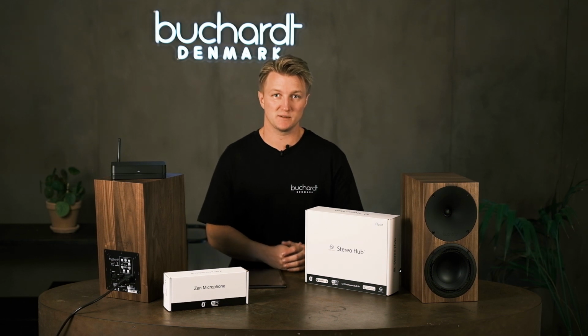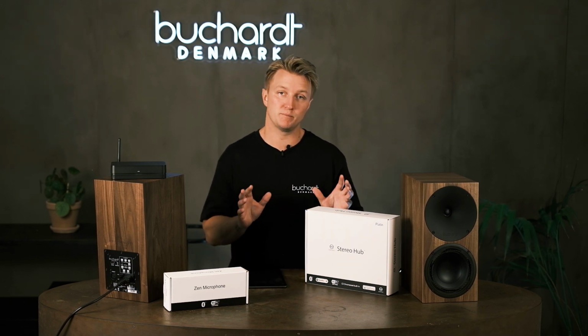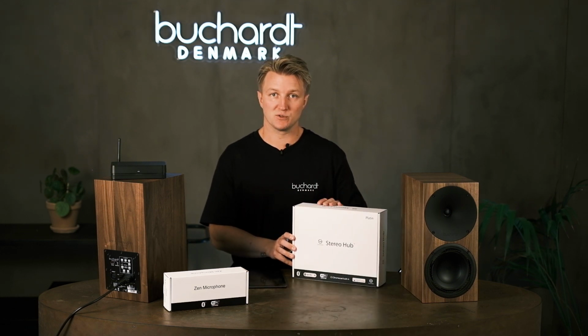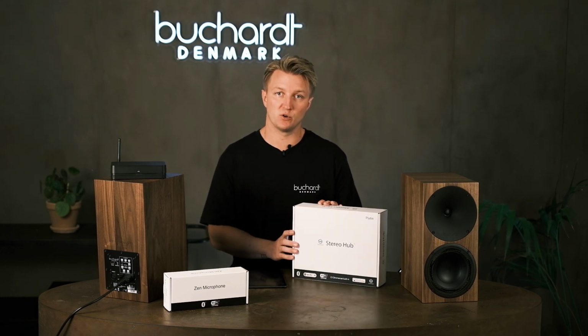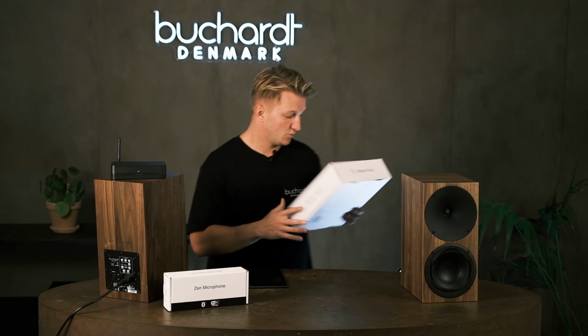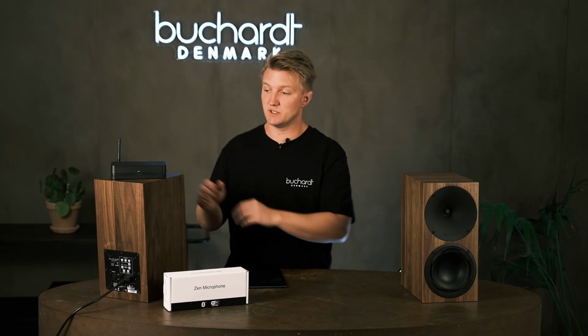the active speakers. Now this is mainly if you buy them as a bundle with the Platin Stereo Hub. And we will also go over how to set up the Zen microphone as you add that as well. So let's get started. First, when you unbox the speakers, you'll be greeted with that white box, which includes the